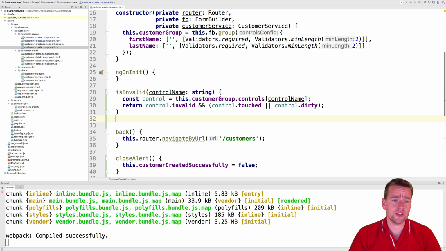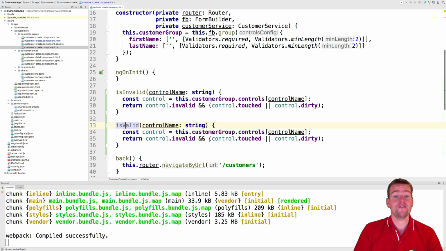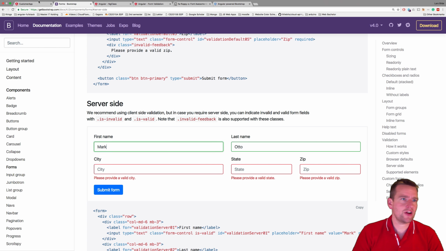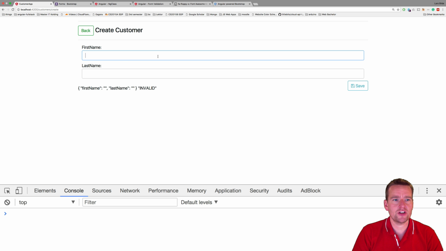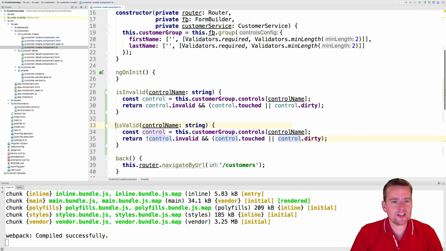And there are other ways to do this, and you can do that instead, but I'm just going to do it this way. So I'm going to say if it's valid, if it's not invalid, but I actually changed something, right? Because up front, when I just show the system right here, it shouldn't show anything except just put in your first name here, put in your last name here, and as soon as I make a change, it starts explaining if you didn't put in the right thing. That's just, I think, normal UI that you start out by not yelling at the customer, putting in red stuff, saying you need to put a name in, you need to put a last name in, but it's up to you how you want to do it. So I need this valid right here because I want the green border when everything is touched and it's not